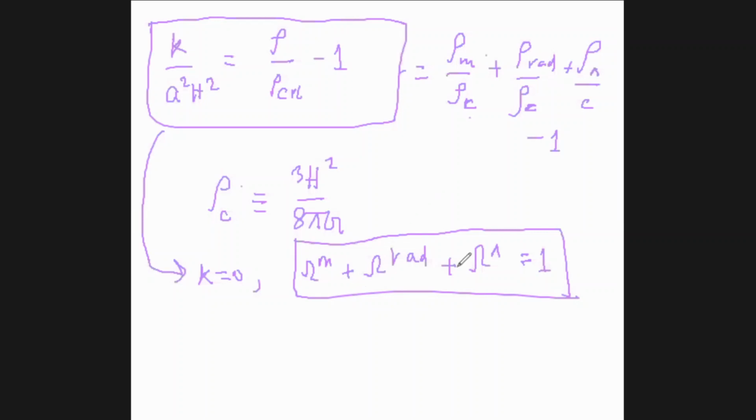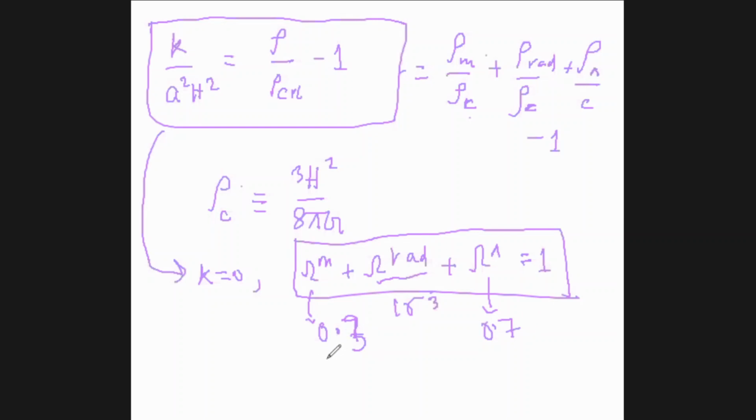Yes, sir. So now this is a much simpler equation. Omega lambda today is 0.7, because total is 1, and omega matter is 0.3. Omega radiation is almost negligible, say 10 to the minus 3, so it doesn't matter. It will change the fractions slightly, but more or less 0.3 is omega matter and 0.7 is omega lambda.